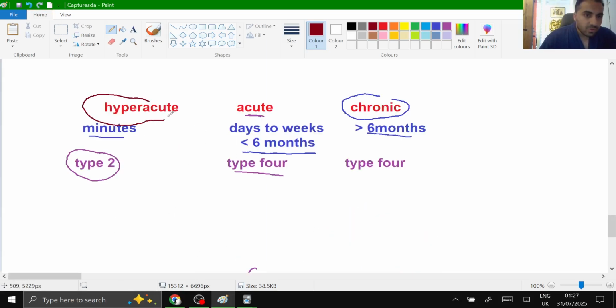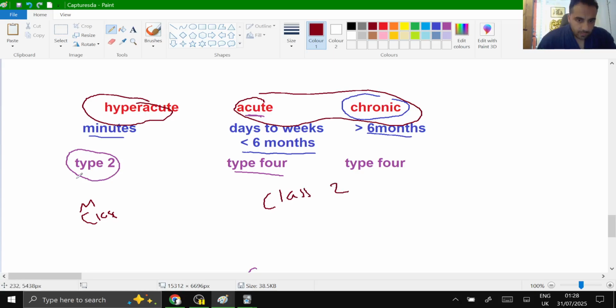It is because hyperacute is caused by mismatch in class 1, but in acute and chronic, this usually happens due to mismatch in class 2. Plus one more thing for hyperacute, it usually happens due to ABO